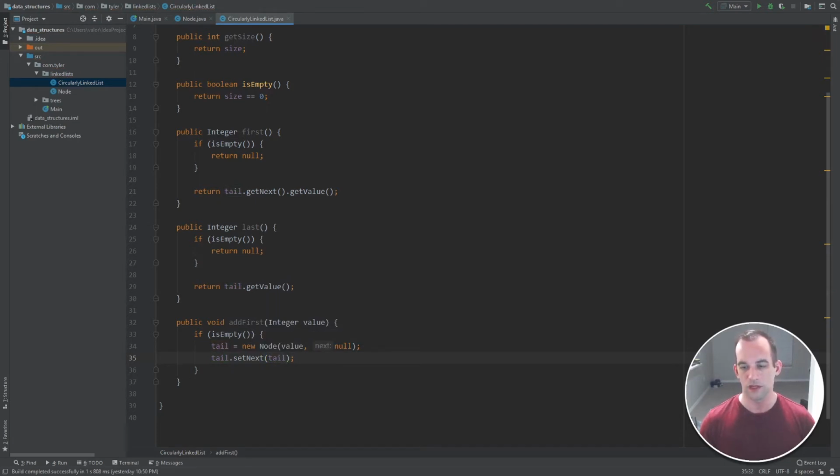So because this is going to be the first element in the list, because it was initially empty, we need to set the tail's next reference to itself because it's the only one on the list. Otherwise,